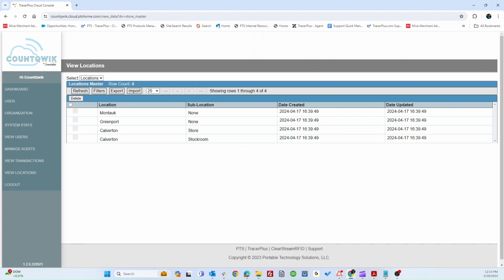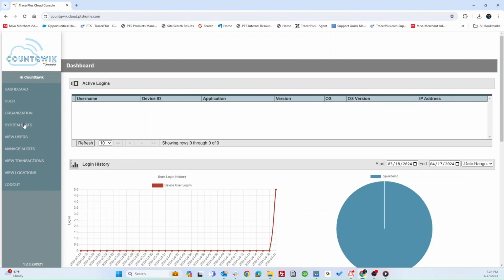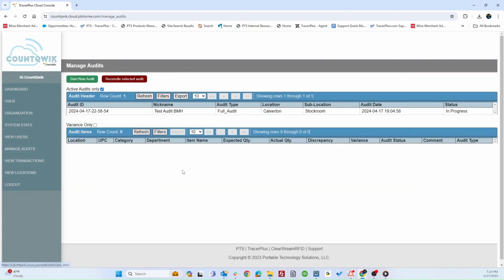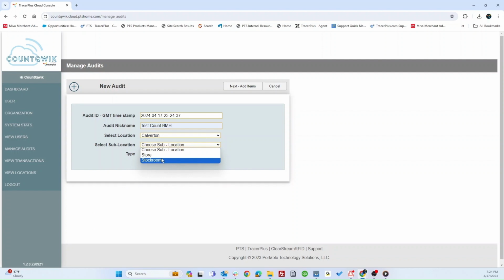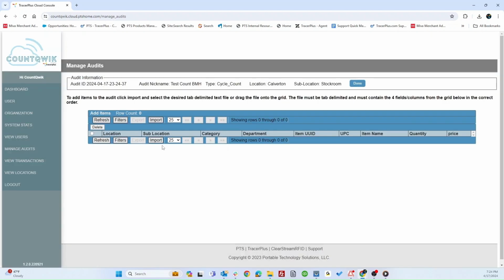Now, to get our cycle count started, we're going to go over on the left-hand side to Manage Audits. We're going to click on that, create a new audit, and enter a nickname for what we want, like test count. We're going to select the location and then the sublocation if we have one for this cycle count. And obviously now we'll change the type from full audit to cycle count. So now that that's all filled out, we can go to add our items, and we're going to import our